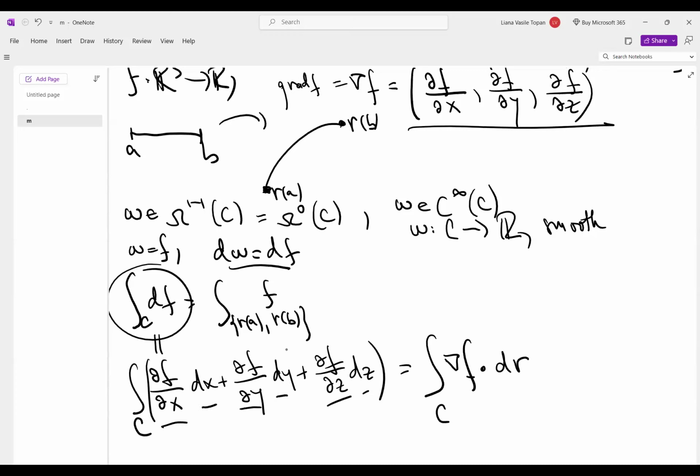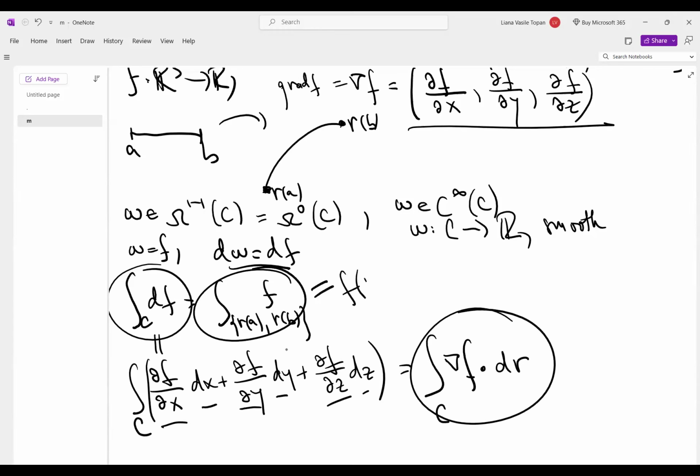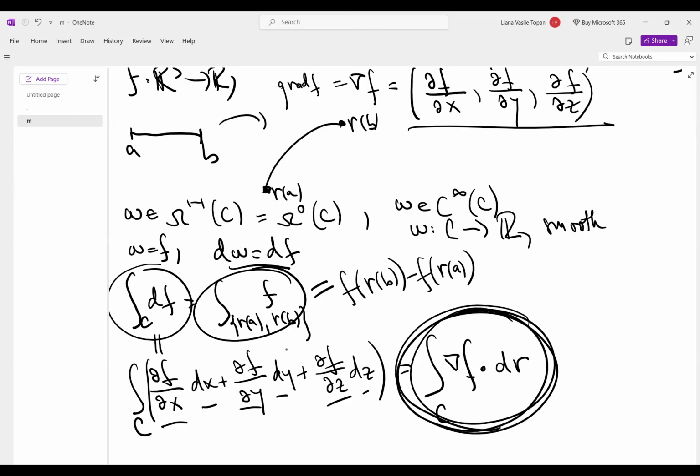Okay, so we have that this is equal to this integral, but what's this integral? This is simply f calculated on R of B minus f calculated on R of A. So you see, we get that the integral over C of the gradient dotted with dr is f of R of B minus f of R of A. So this is indeed the fundamental theorem for line integrals, that you are probably familiar with if you had a course in